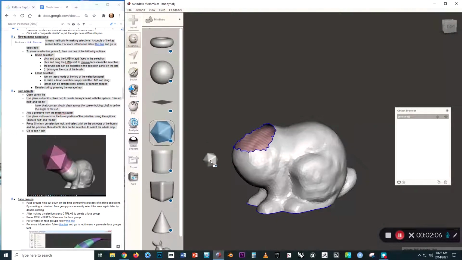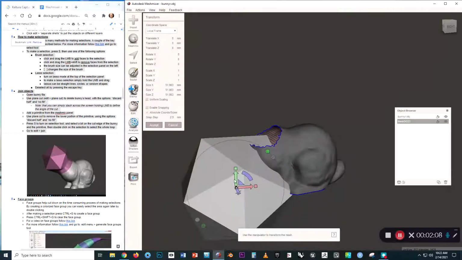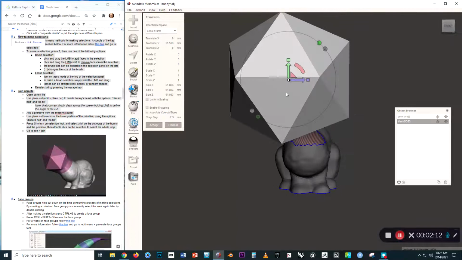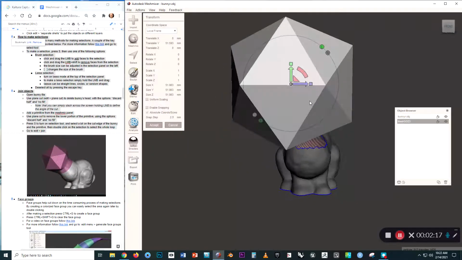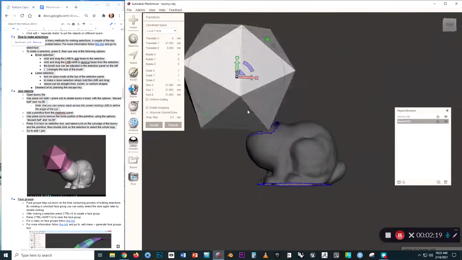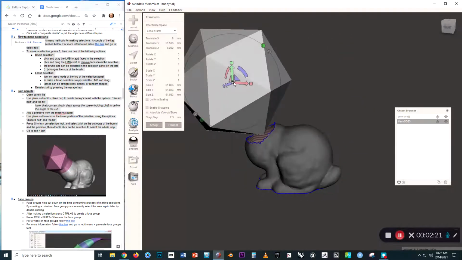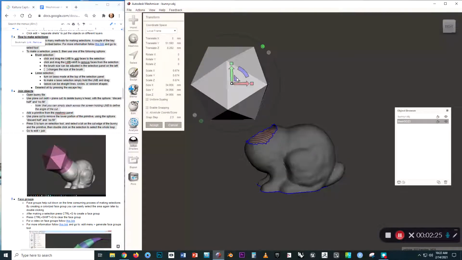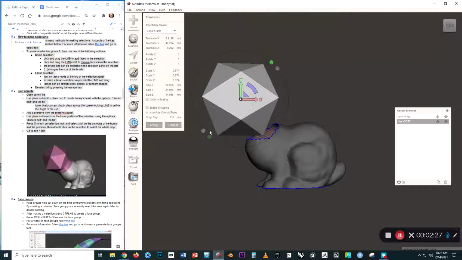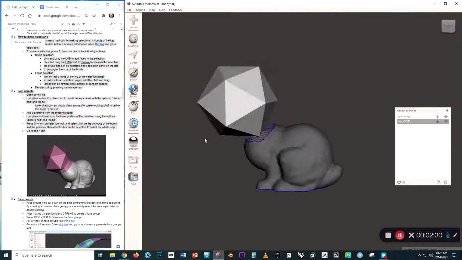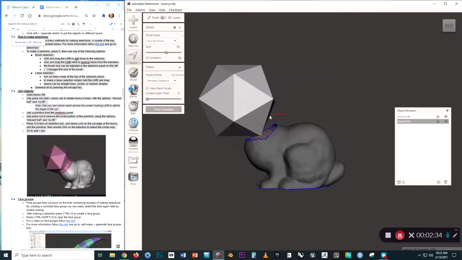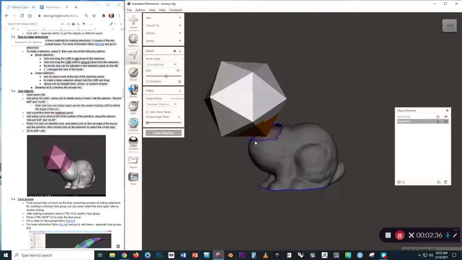We'll drag in this icosahedron, and I'm going to move this up to be where the bunny's head was. It's going to be kind of large, but that's okay. Break it down a little bit. Okay, that's fine. I'll press Accept, and now I'll press S again to select the bottom faces of that icosahedron